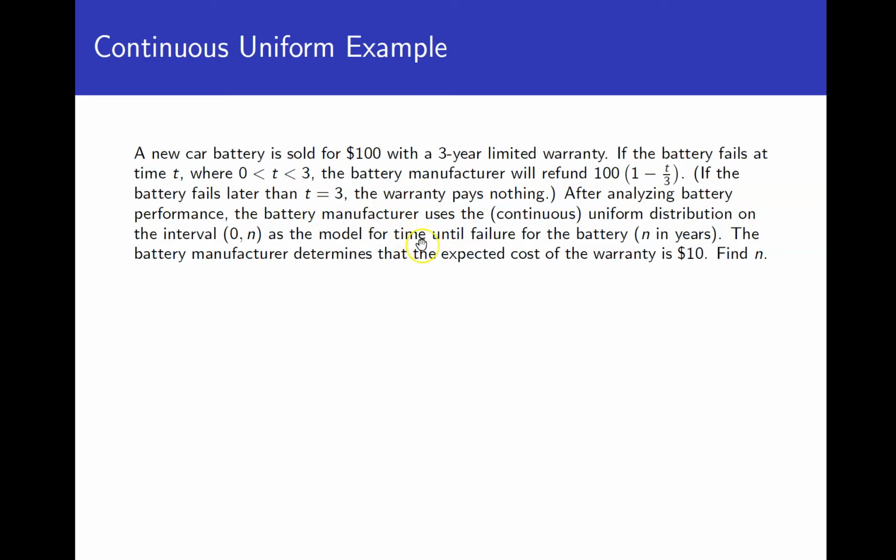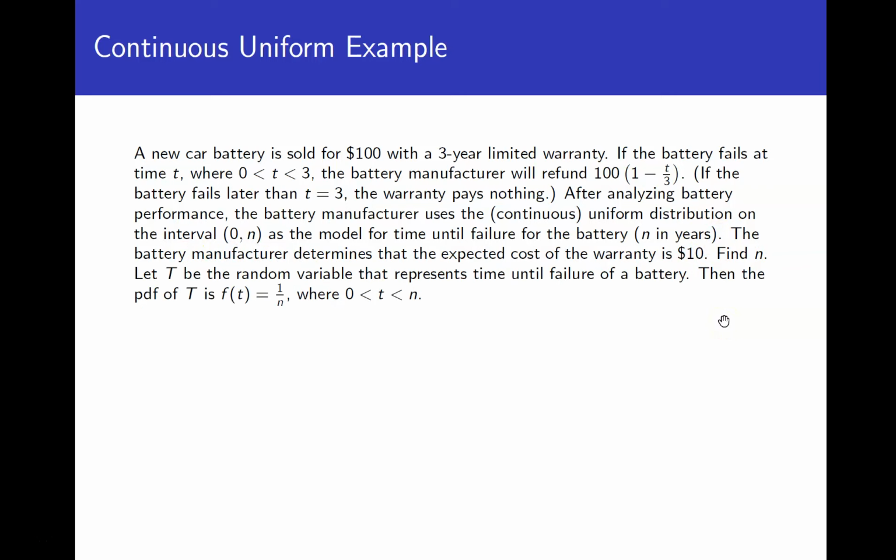Apparently they're not a very good manufacturer, because the battery might fail at any time between 0 and N, where N is measured in years here. So that's a uniform distribution. It's a bit of a weird, contrived example, but it makes it easier for our purposes since we know the PDF of a uniform distribution. In this case, they tell us the expected cost of the warranty is 10, and they want us to find